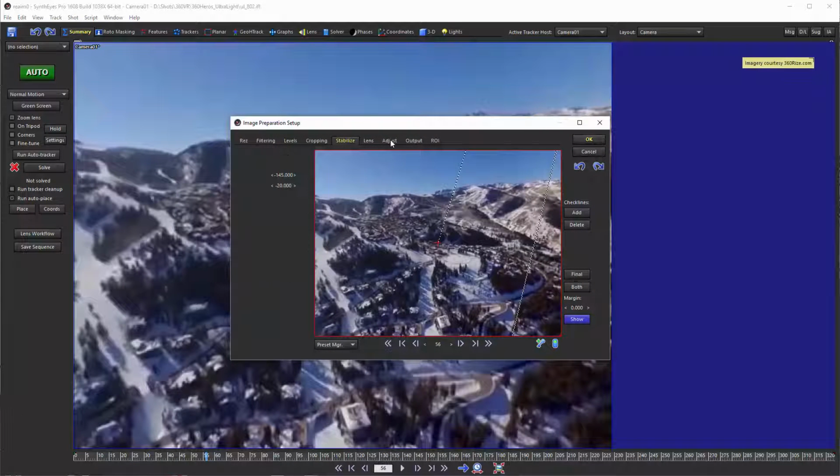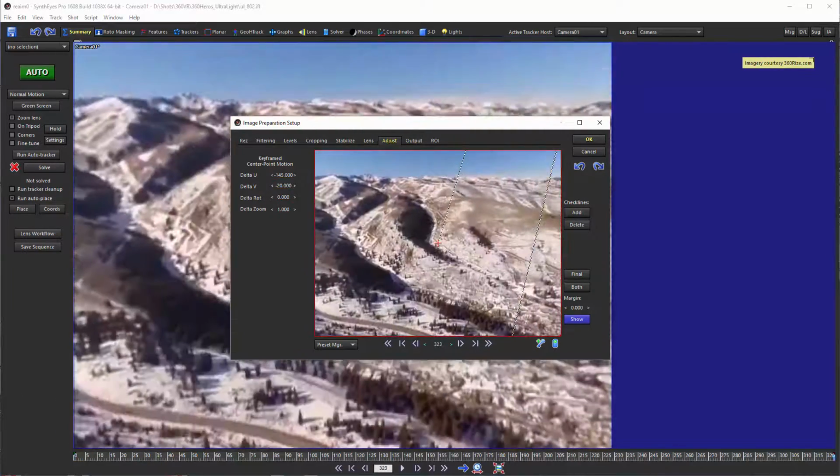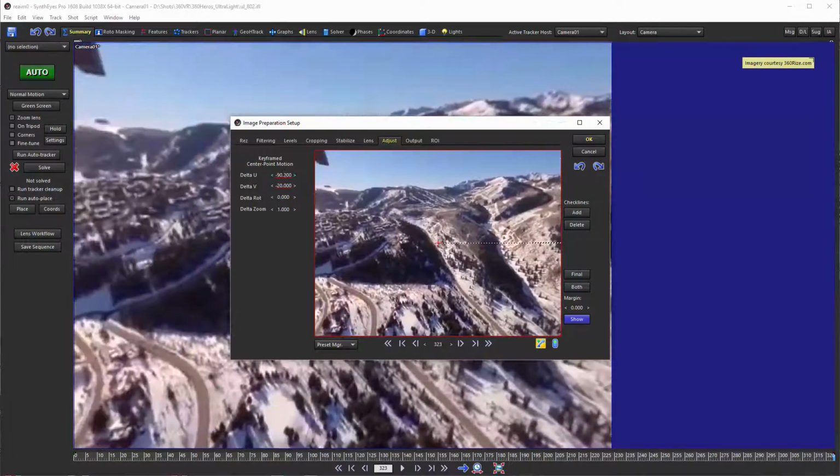So that script just set up the image preprocessor. That's what the script does. And here's our minus 145 and minus 20. And those are just constant throughout the length of the shot. So if we want to make some changes, we can click on the Make key there and now start changing